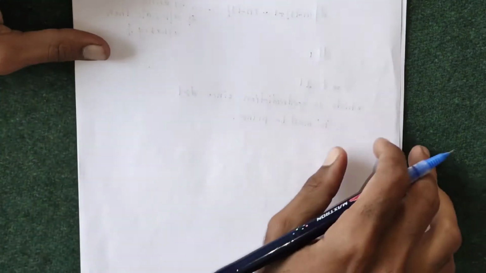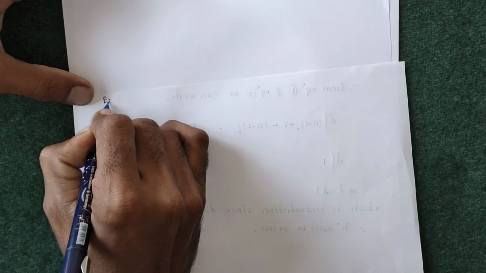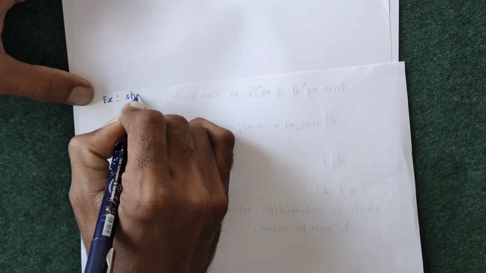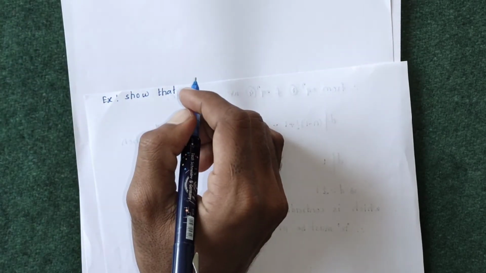Today we are going to discuss one more example on Wilson's theorem and one another important result of number theory. So the example is: show that 63 factorial